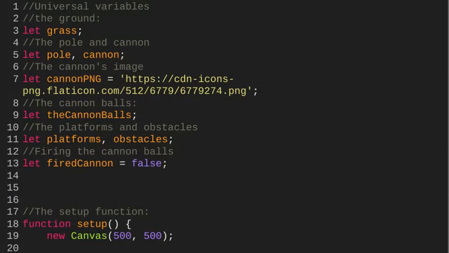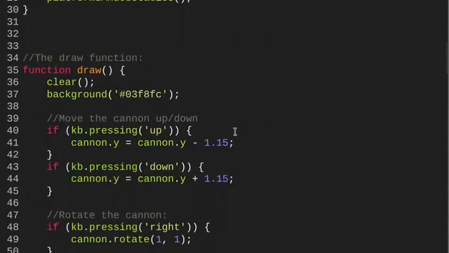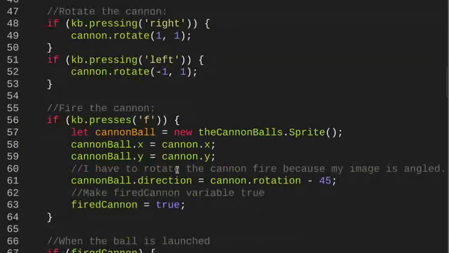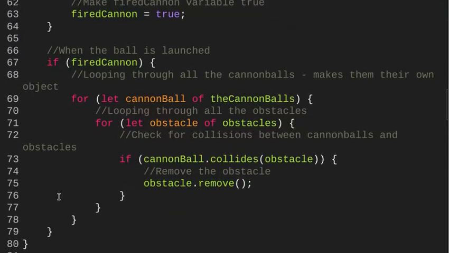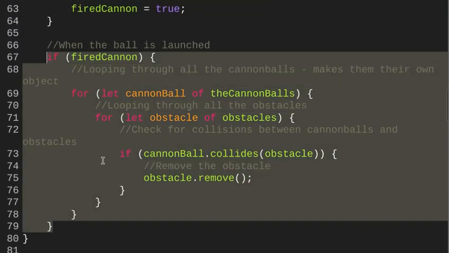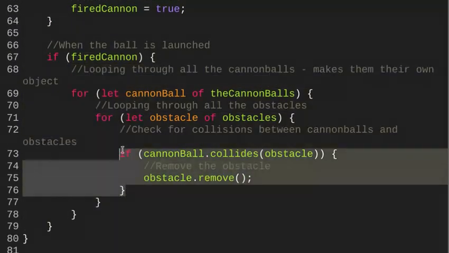Alright, for this next assignment in our cannon game, we're going to limit the destruction. To do that, we need to come down here where we were removing the cannonballs. Again, we're going to be inside the draw function, and inside code that we already did. So we're going to be inside this if statement, and we're going to go even deeper inside of this